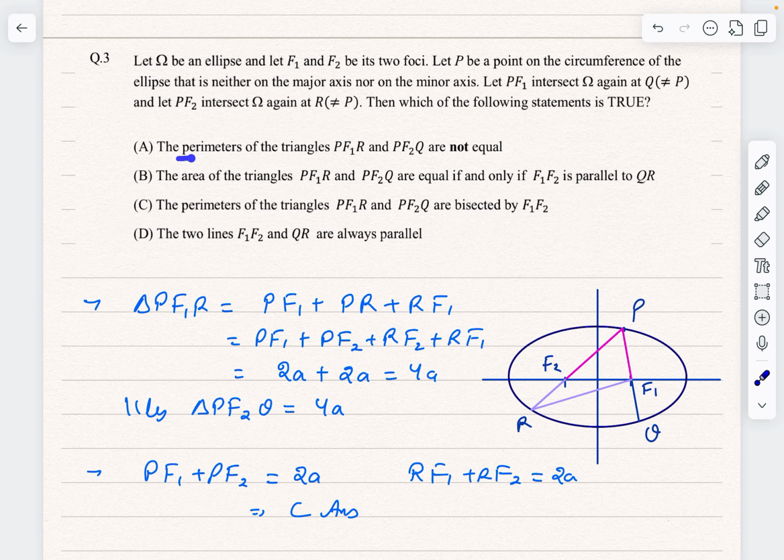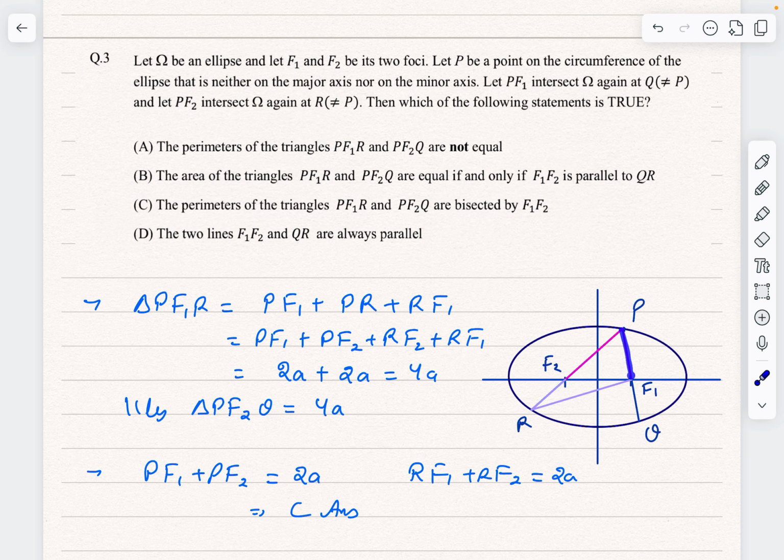Option A says the perimeters of triangles PF1R and PF2Q are not equal. So this is a single correct option problem. We have to see which of the following statements is true. So first we see PF1R for this triangle and PF2Q for this triangle. We have to see their perimeters. If I see the perimeter of PF1R,